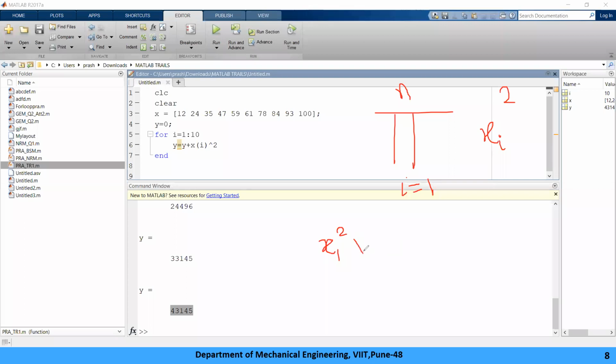Now I need x1 square into x2 square into x3 square into up to x10 का स्क्वायर. इसका सब मल्टीप्लीकेशन चाहिए, कंटिन्यूअस सबका मल्टीप्लीकेशन होना चाहिए, राइट? सो अगेन वी आर गोइंग टू यूज द सेम कॉन्सेप्ट.